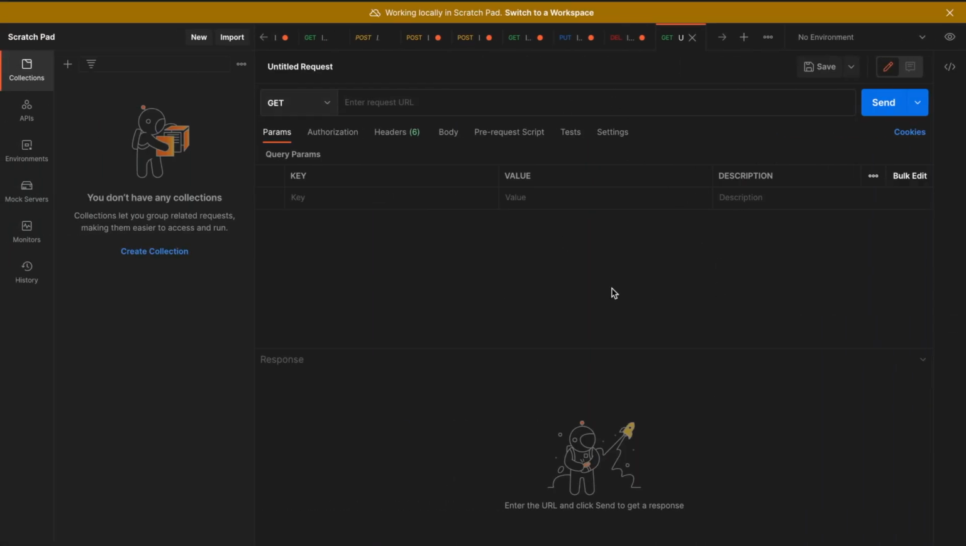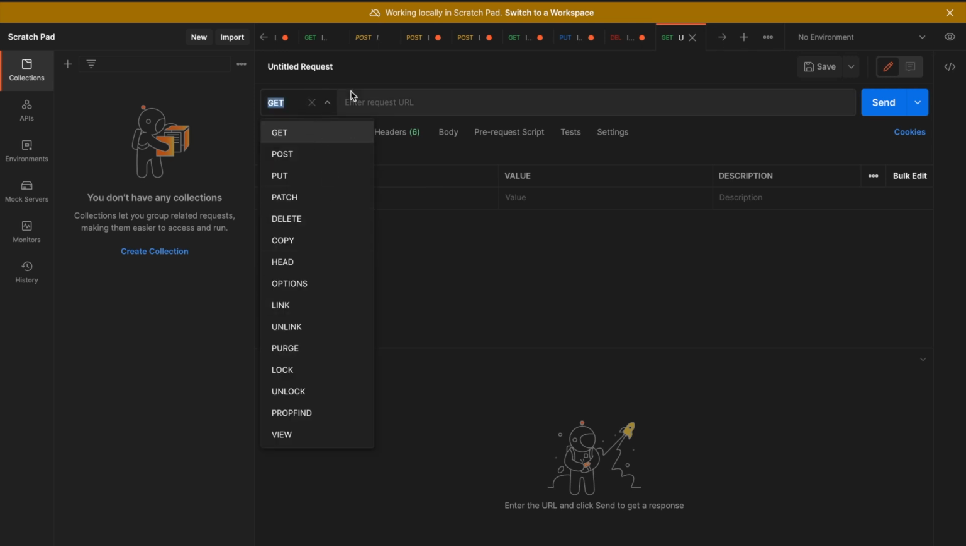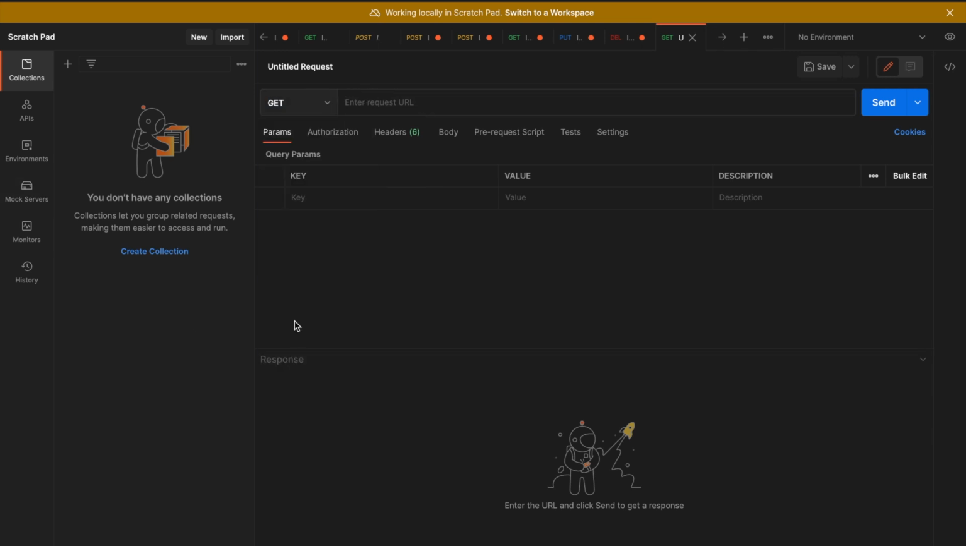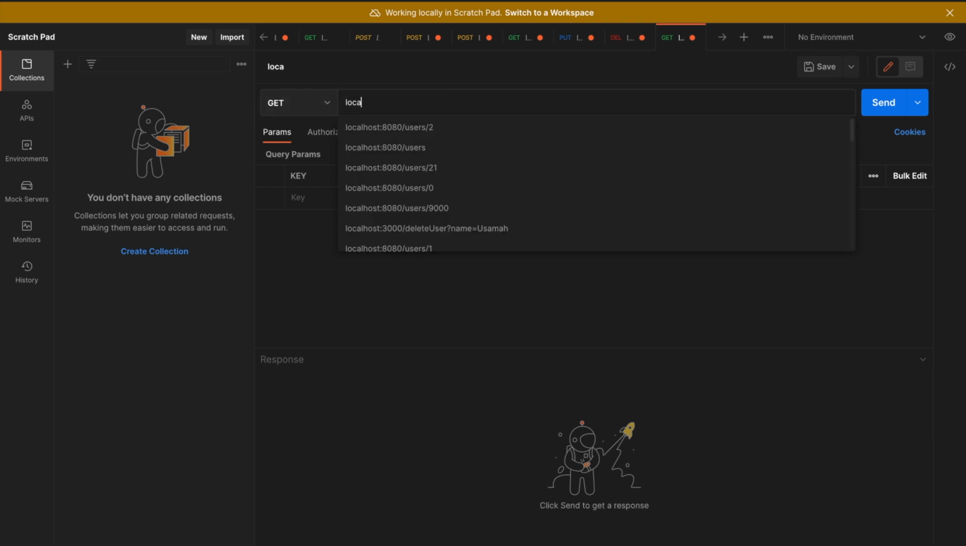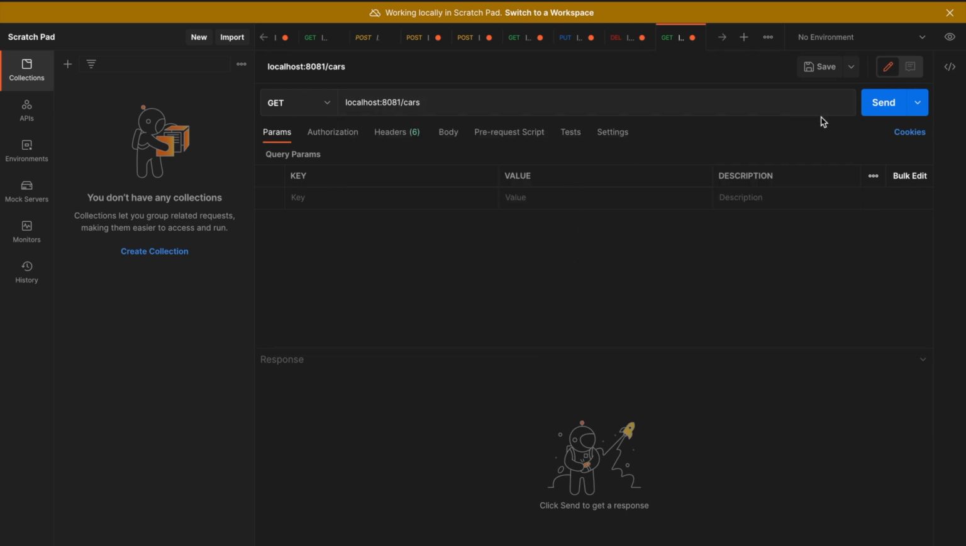So this is my Postman application here. As you can see, I'm making a GET request from our list of options. Yours might look a little bit different in your overall application because obviously you might not have made previous requests before, but I'm making a new one here. I'm saying GET. I'm going to say localhost:8081/cars like this. And what I'm going to do is send a request,